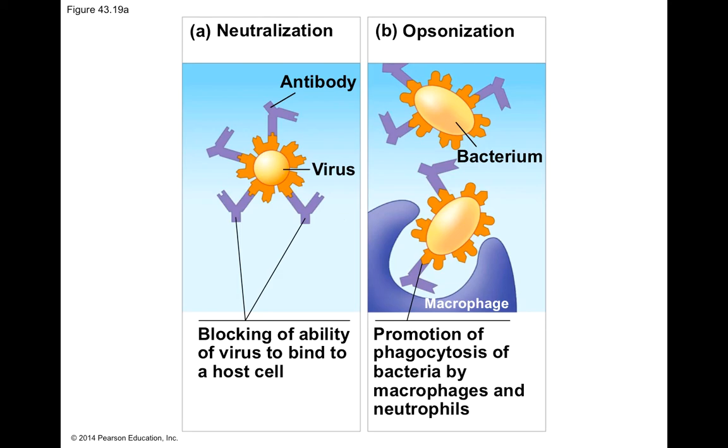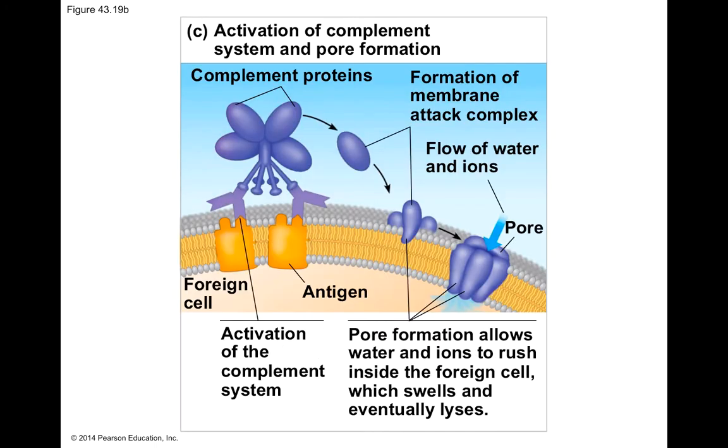Opsonization is where antibodies would bind to antigens and tag it for eventual phagocytosis by a macrophage. This is good for pathogens like bacteria that don't necessarily infect our cells, but could potentially secrete toxins to make us sick. A third way is for antibodies to work with the complement system. We briefly mentioned the complement system in